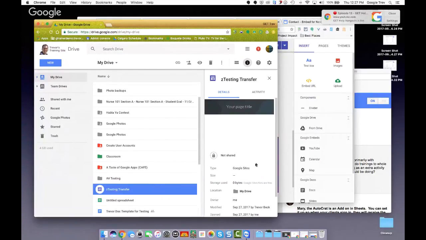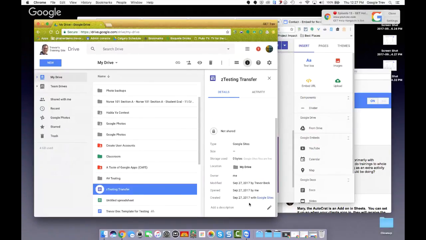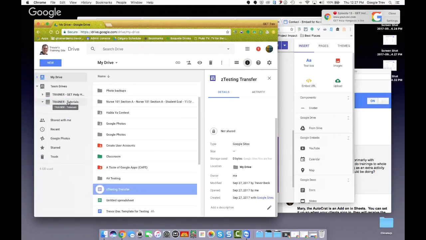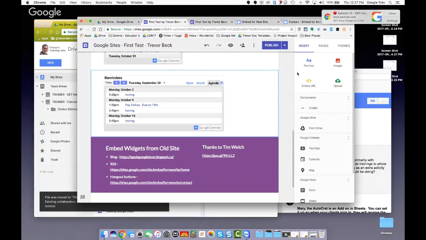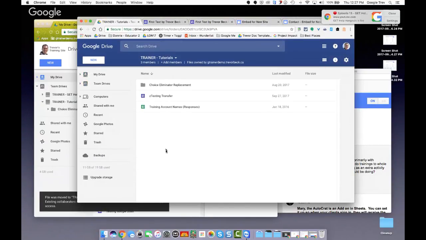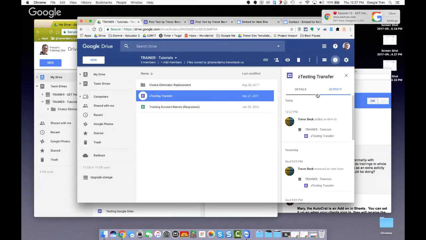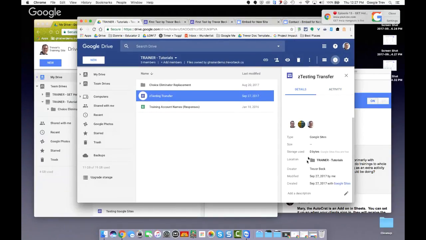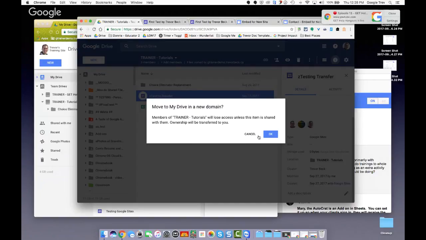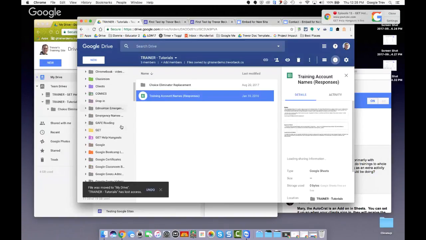So here's a file here called Z Transfer, or Z Transfer, depending if you're Canadian. It's owned by me. This is my training account. I'm going to quickly copy this over into my training tutorials folder, which is also owned by my personal account. So now in my team drive, I go into there. There's Z Transfer. When I take a look at the activity and the details, there's no ownership in here because it is owned by my training domain. But because I have edit access in here, I can take this, throw it into my drive, move it into a new domain. Yep, that's gmail.com. And now when I go look for it,